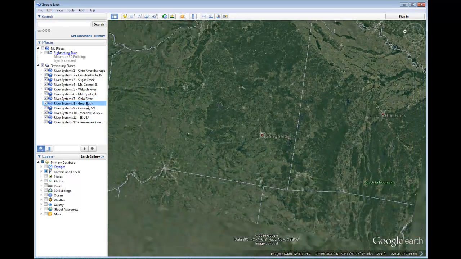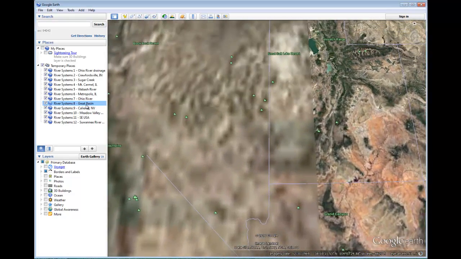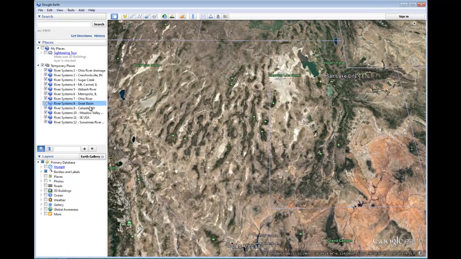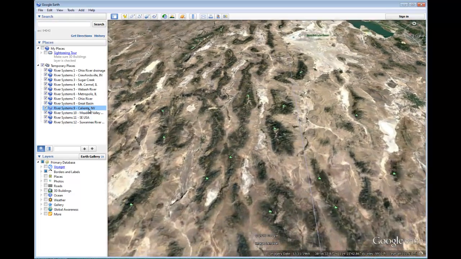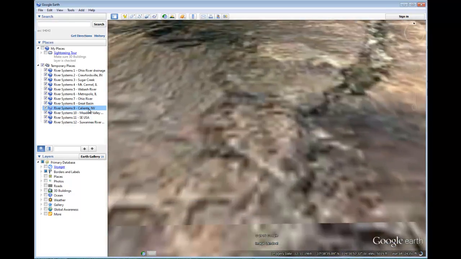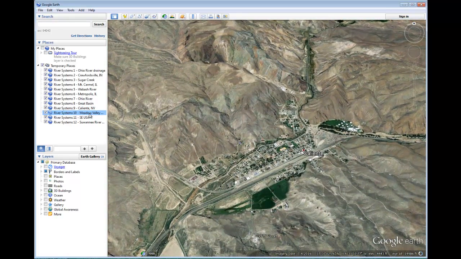From here, let's fly all the way out to the Great Basin area of Nevada and Utah. And that's the stream we saw in Caliente, Nevada. Here's the town. And we can get a quick peek